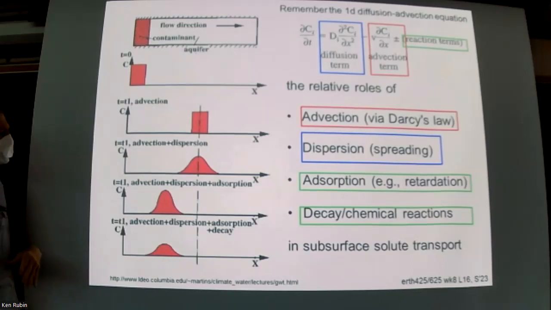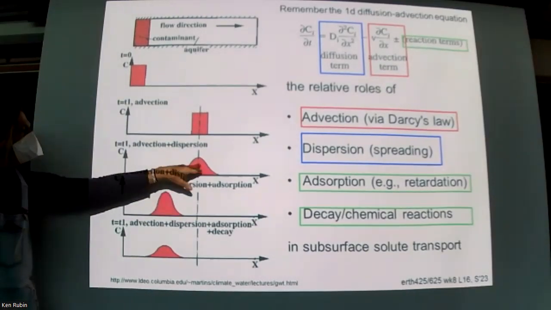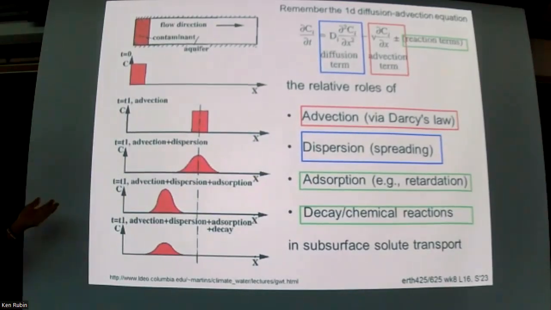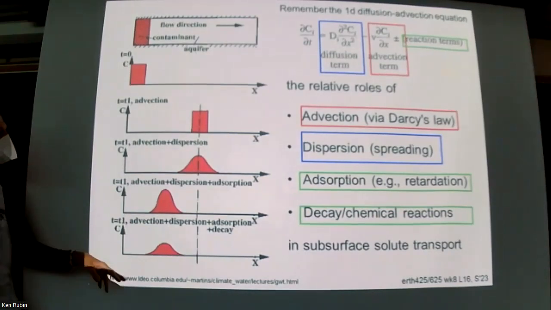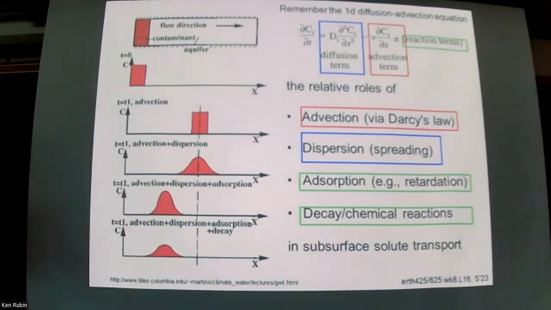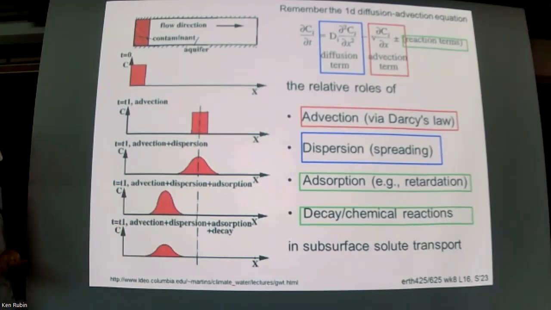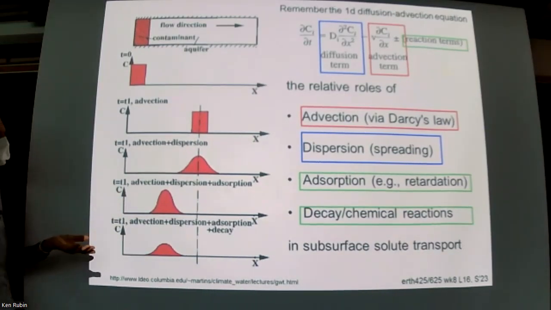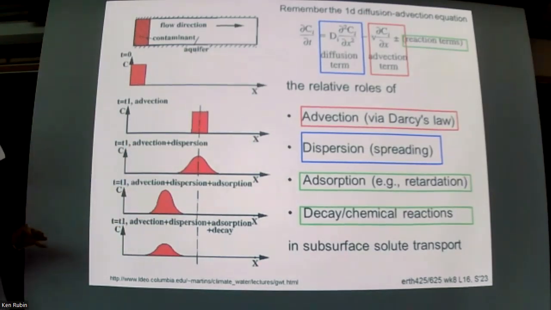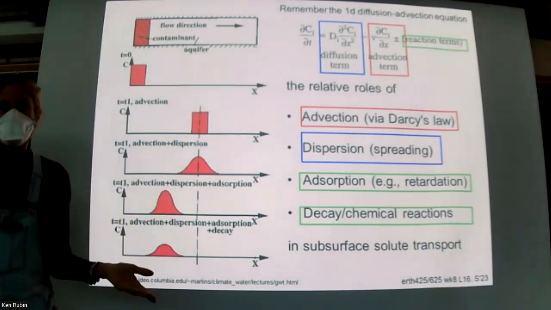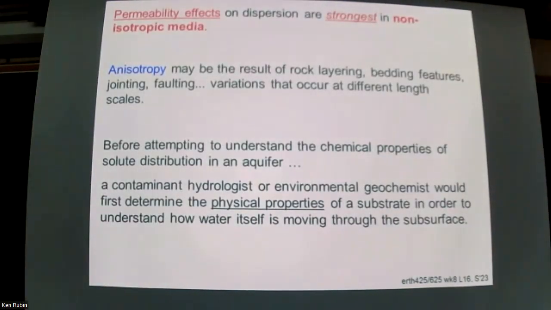And do some chemicals look like they're moving more slowly than the inert tracers, or are some chemicals' concentrations decreasing more rapidly than these? And that will tell us about this process of retardation and the process of chemical reaction, respectively. So everything, when we're trying to quantify things in the subsurface, is done relative to the motion of the inert tracer. Okay, so